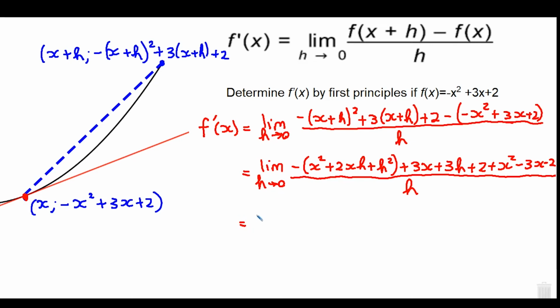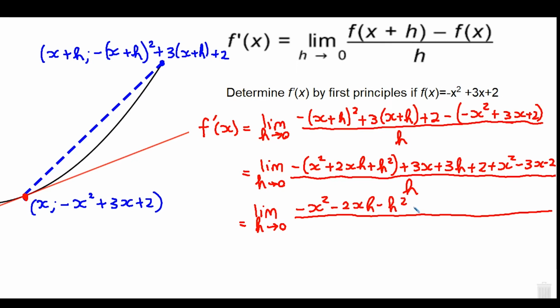When we take out these brackets, we actually end up with negative x squared minus 2xh minus h squared plus 3x plus 3h plus 2 plus x squared minus 3x minus